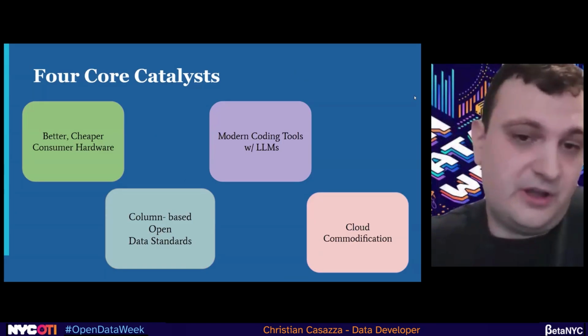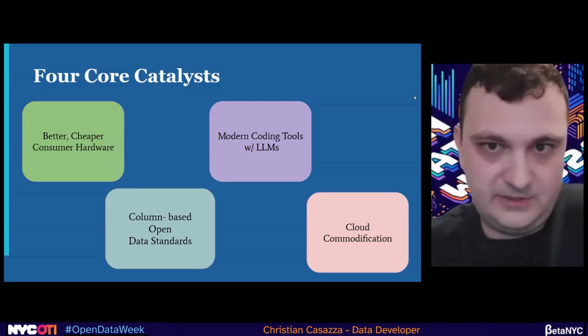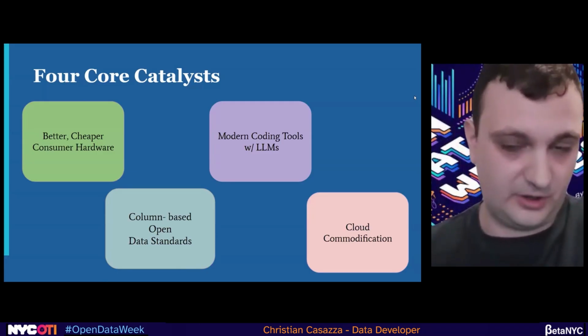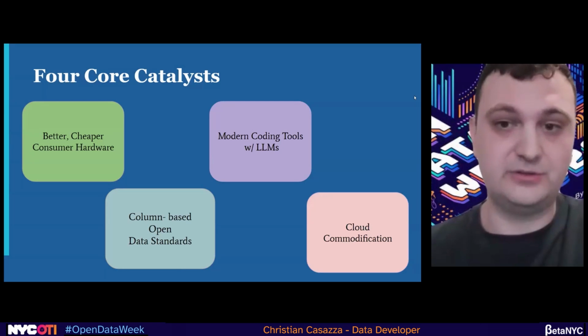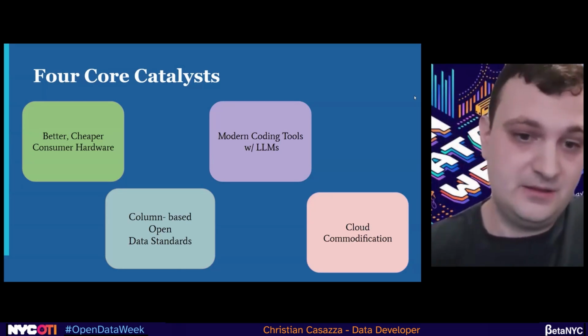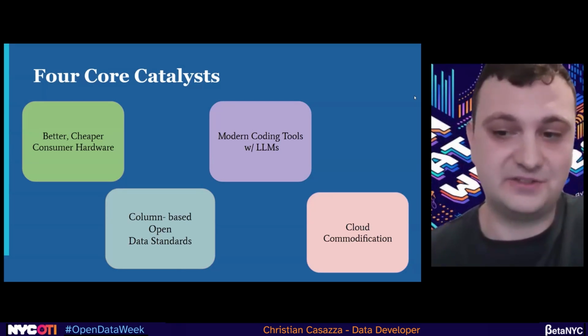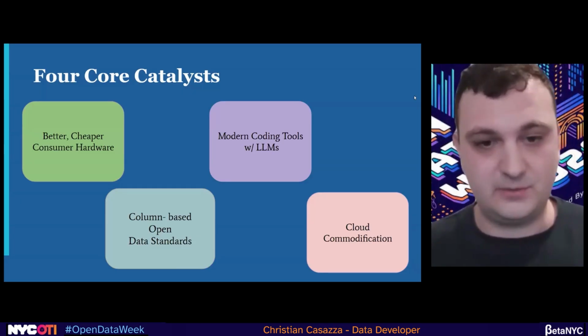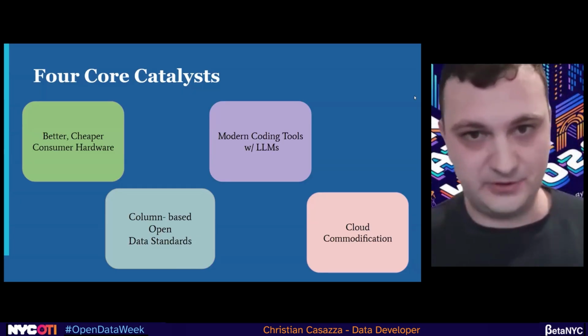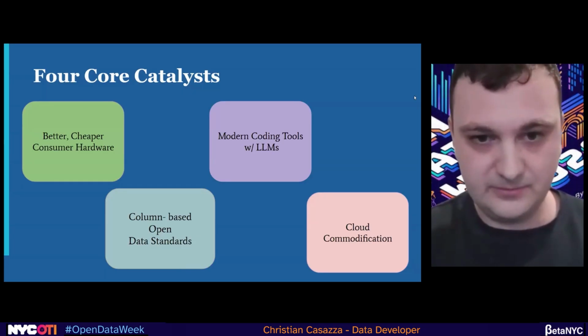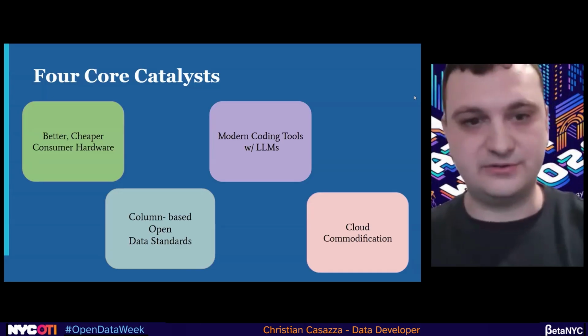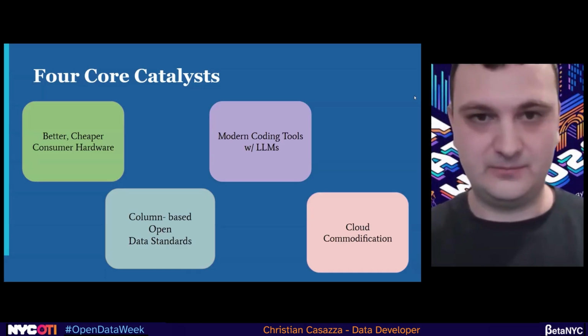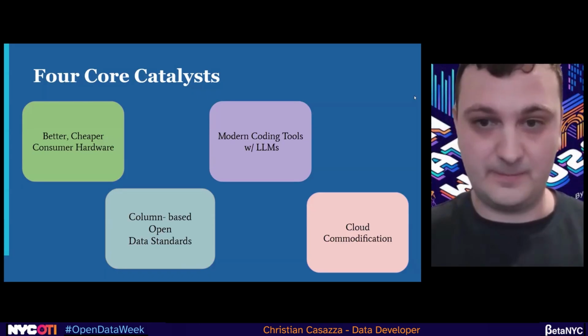Number one, Moore's Law has been happening for the last two decades. So even in the last 10 years, computers are just better and cheaper and easier to use. More cores, more RAM. Number two, we have column-based open data standards, which I'll talk about in a sec. Basically, what these open standards mean is, as opposed to being stuck and siloed within tools, there's a single standard we can use to transmit data no matter what we're using, that is optimized and really performant.